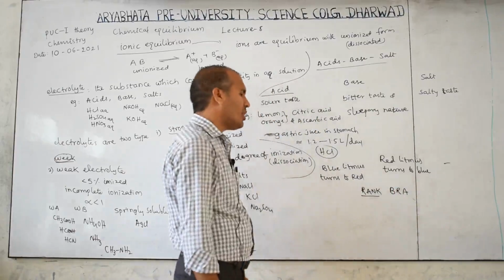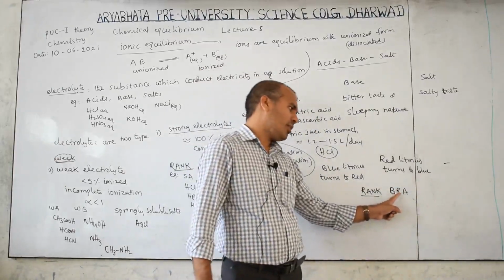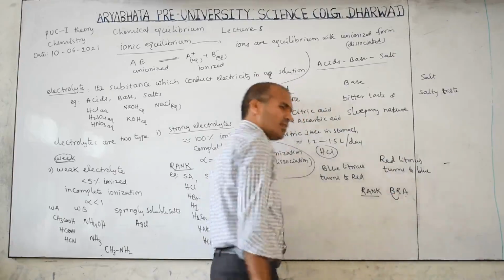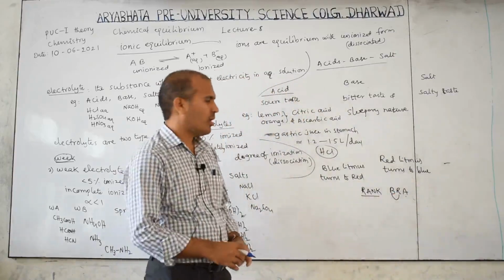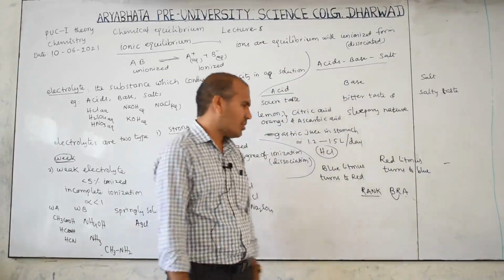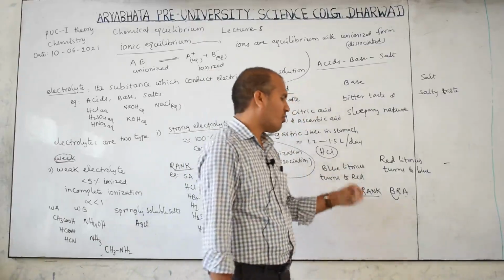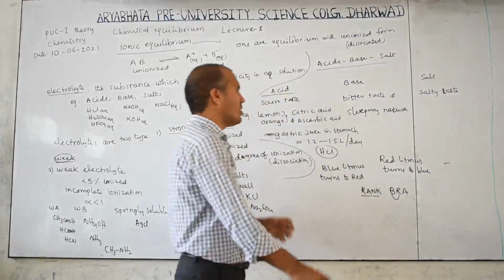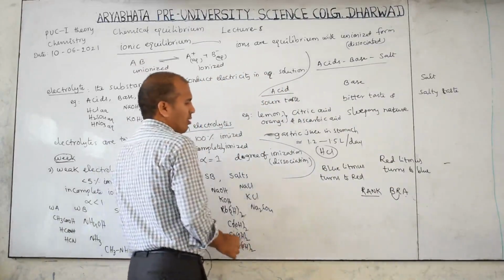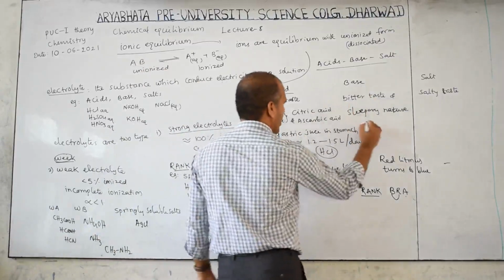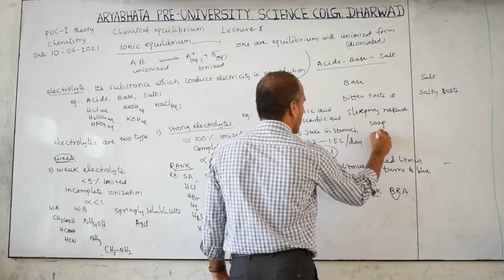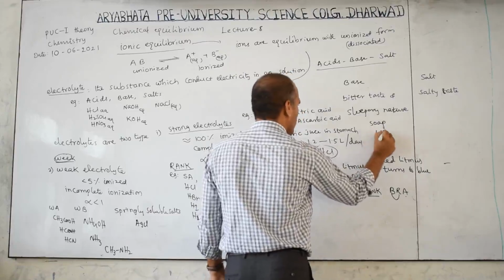Blue litmus converts into red, that is called acid. Blue converts into red, that is acid. Its opposite is base. Red litmus converts to blue, that is base. So remembering one makes the other easy. You may already know, but in case you forget, it is useful to know which type changes which color. For example, these bases are present in soap in the form of sodium carbonate, or washing soda.